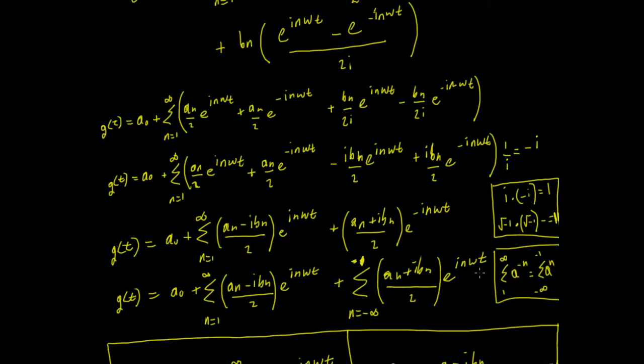You can see that because of this little identity: let's say you have the sum from n equals 1 to infinity of a to the minus n. Let's say a was a half, so for the first three terms you would have